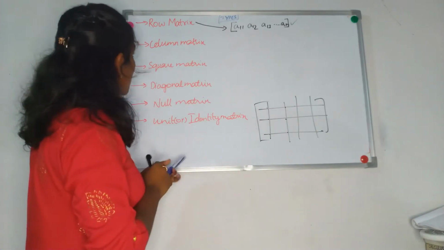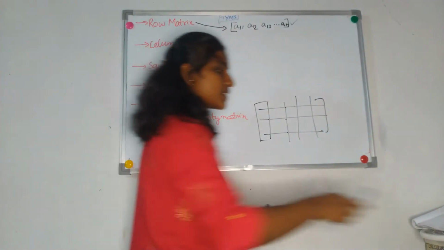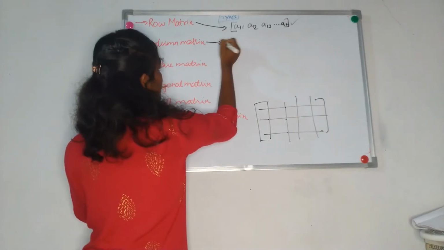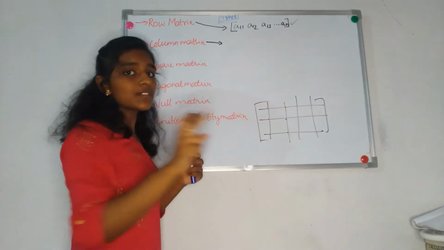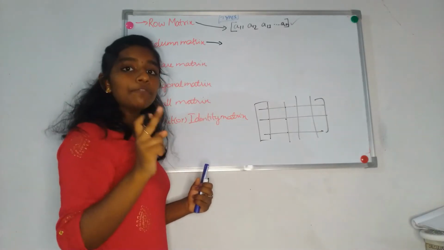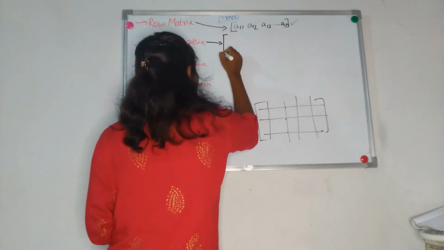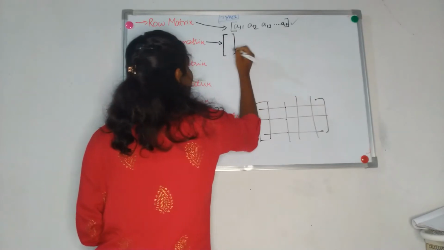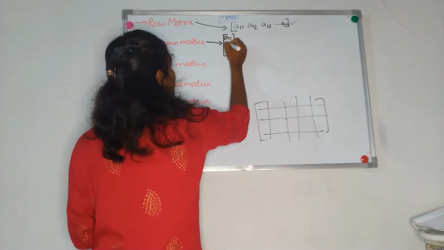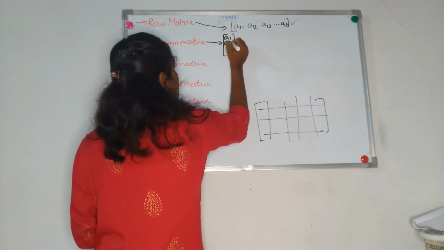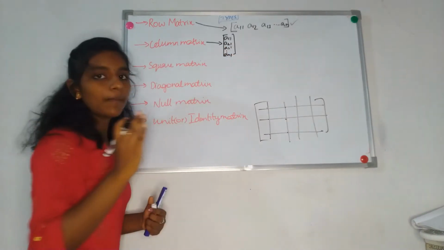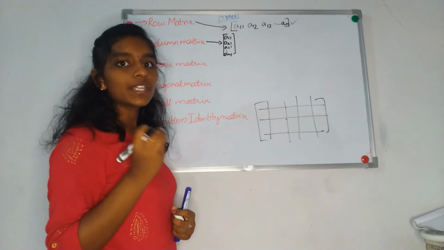That's all right. Now let us look into column matrix. What is a column matrix? The row matrix means only one row should be present. And what about a column matrix? You should have only one column present in it. The column will be like this, and you may have any number of rows. That's your wish. You may have A11, A21, A31, so on, Am1, because m is the number of rows that we represent in general, right?